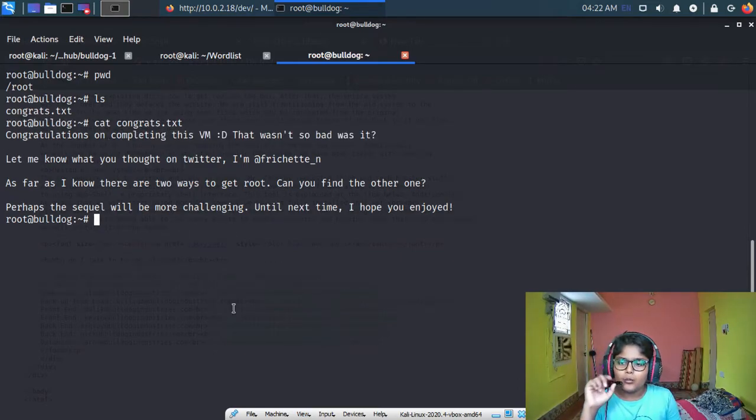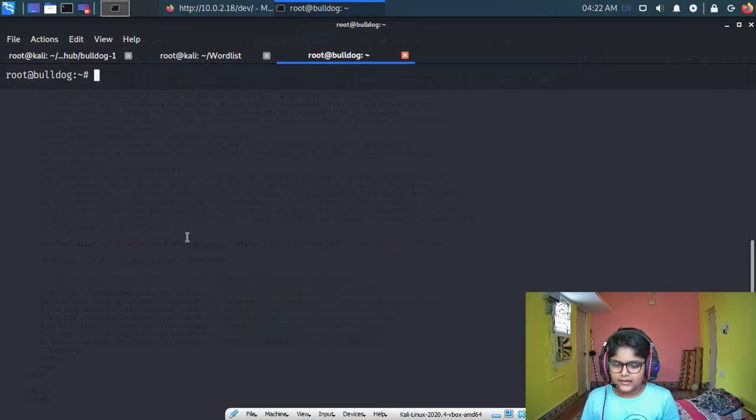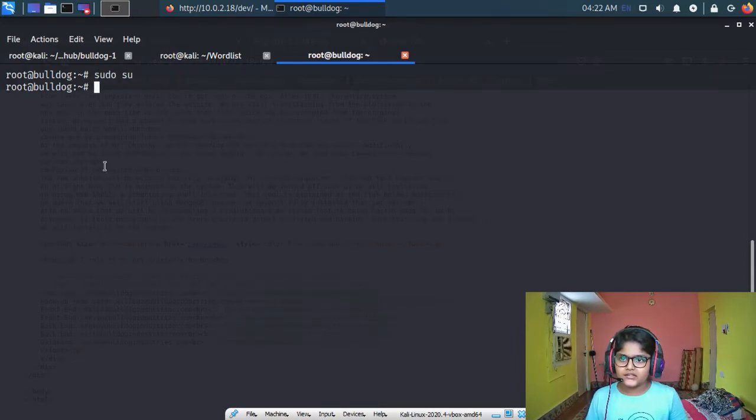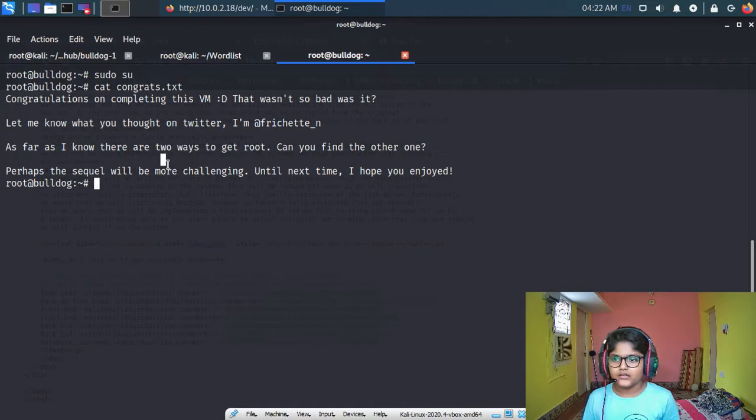So actually what I did is we need to use sudo su to change to root. Actually the root didn't have any password, I think so, because it just got there. Sudo su. Yeah, it's not asking for password. Usually it will ask the password for the user, the Django, or it should ask the password for the root, but it didn't ask, so it was an easy one. And again the cat and congrats. So there are two ways to get in actually. Yeah, we followed the one way.